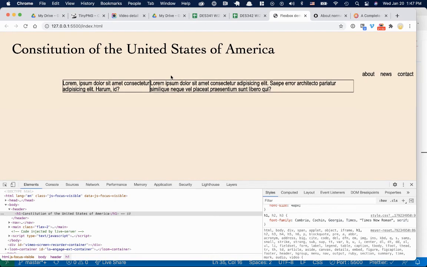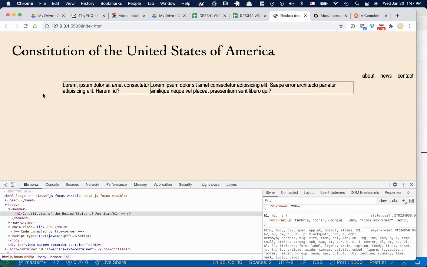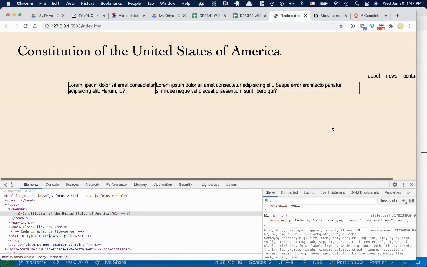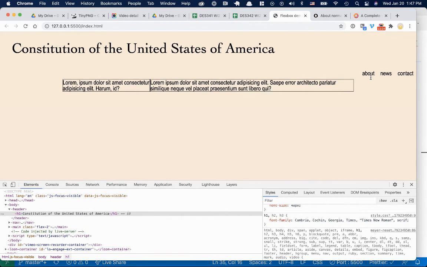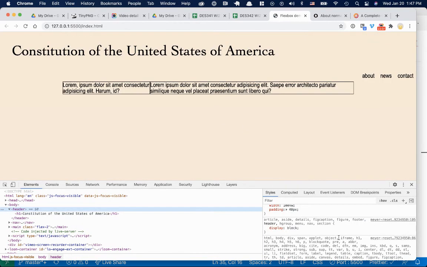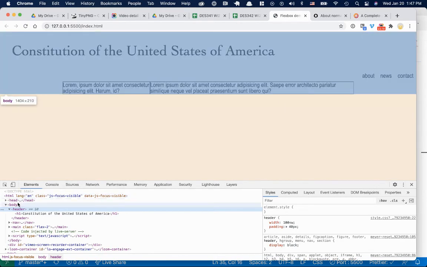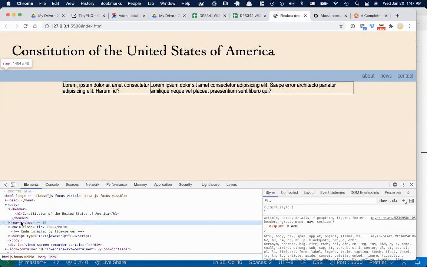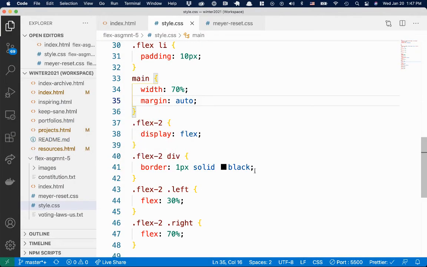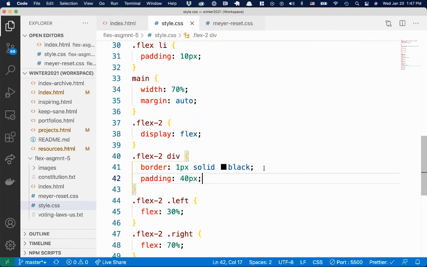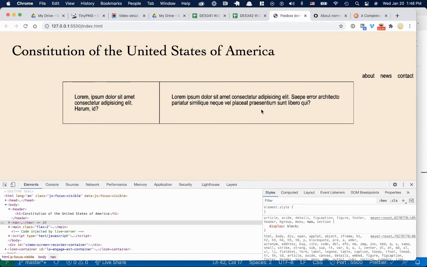This trick is a major lifesaver, because no matter what happens with the site... oh, interesting. Something thinks it's wider than 100% here. Might be the nav, maybe. I'm not going to worry about it right now. Display block. You can tell I can't help myself. Okay, now that we have that, we can give it a bit of padding. Each one of these divs, I'll give a padding of 40 pixels, and that'll get them away from the sides. And we've got this fairly nicely laid out